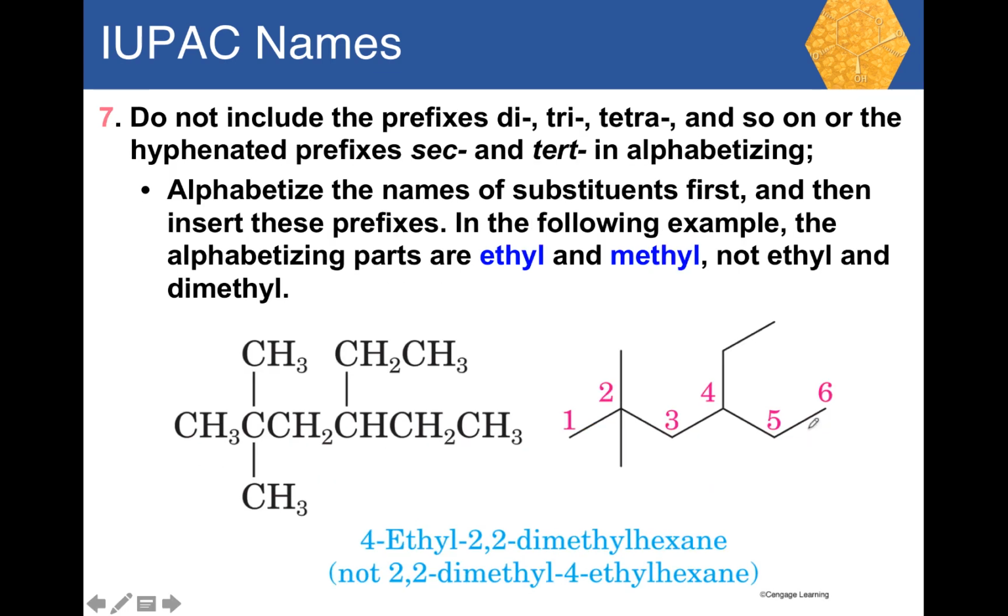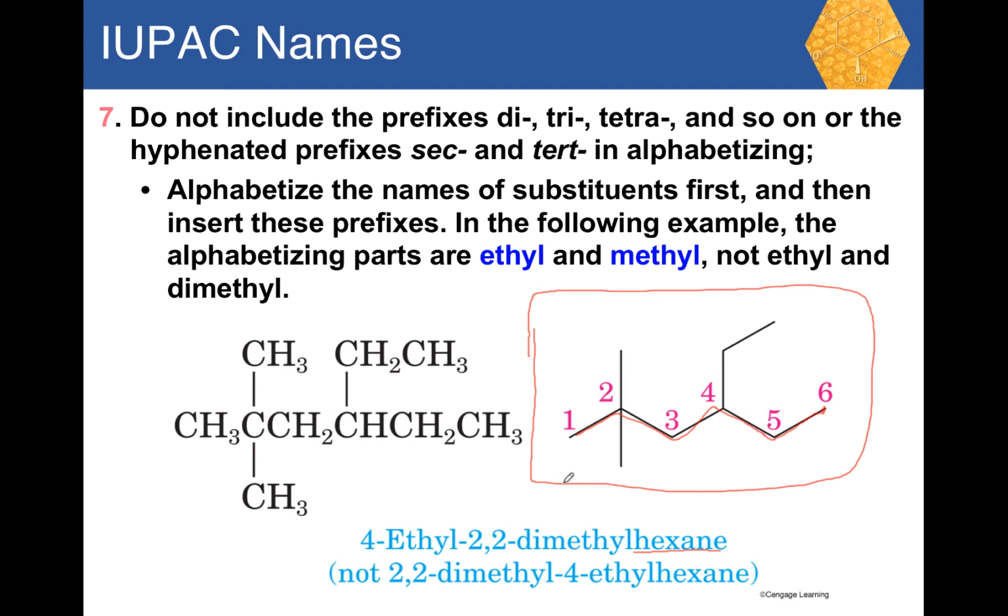Here's another example. Let's see if we can give the IUPAC name of this molecule. Again, we'll use the line angle because that's how we'll communicate in chemistry, much easier. So we first find the longest chain. 1, 2, 3, 4, 5, 6. 6 carbons, hexane. Then we'll have to double check to make sure that we start numbering from the correct end,